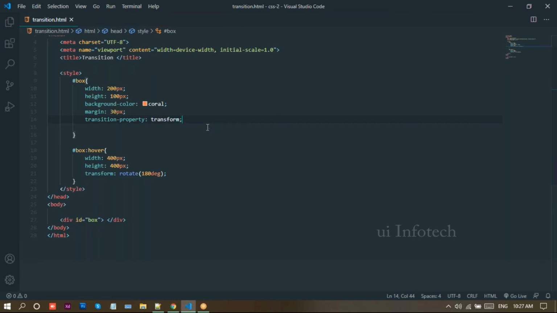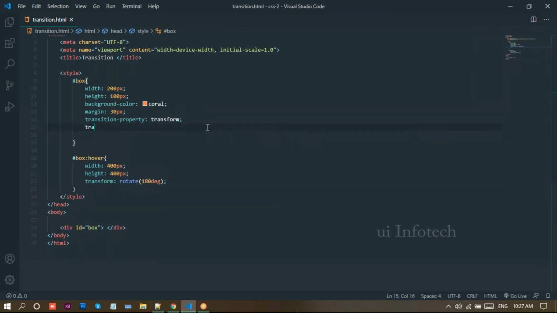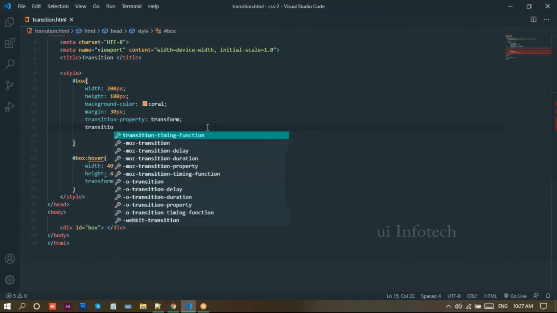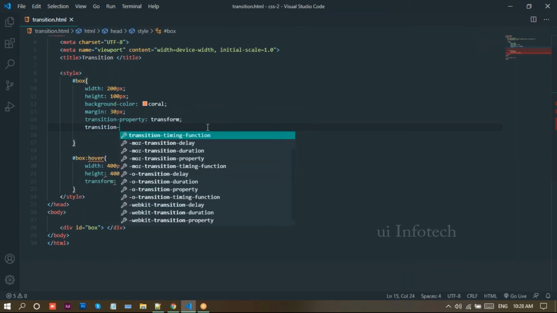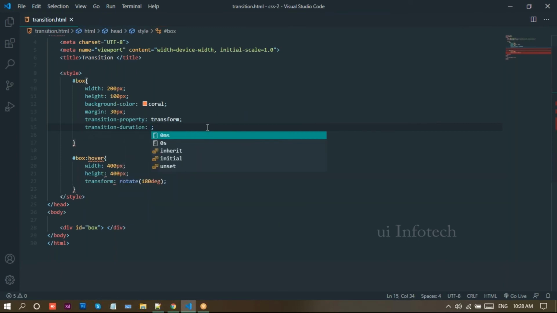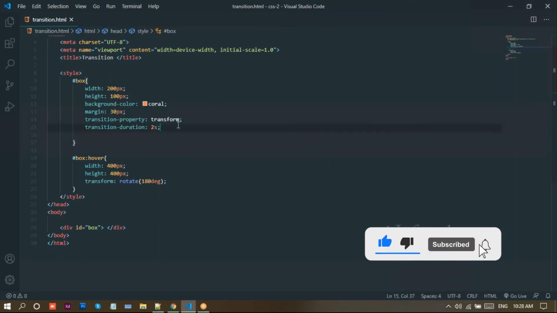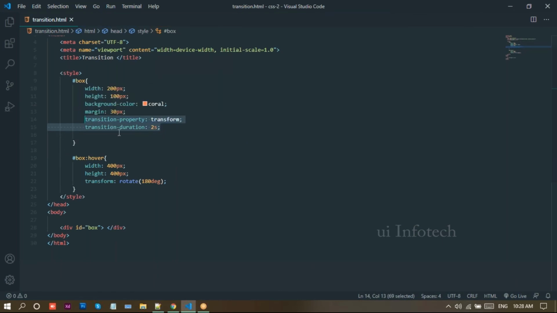I can also write transform, comma, height, and width there. Now go to the browser and reload this page. When you hover on this one, you get the same output. So instead of writing it separately, we just write